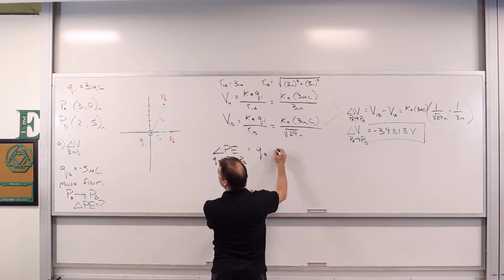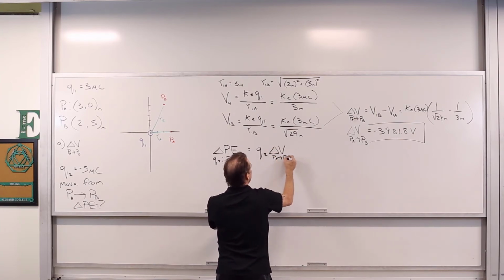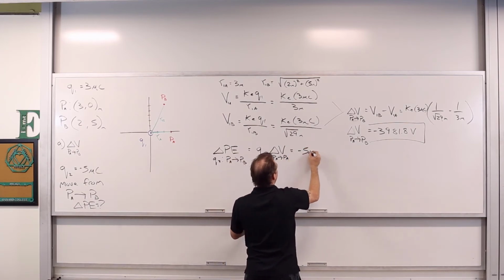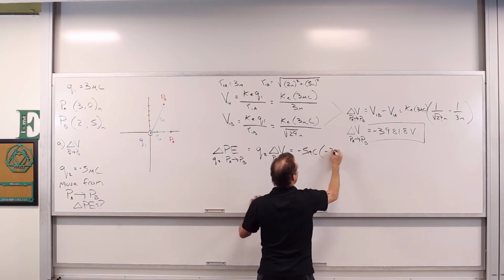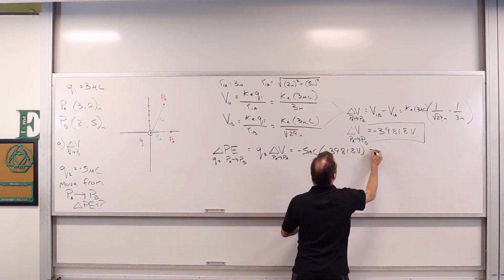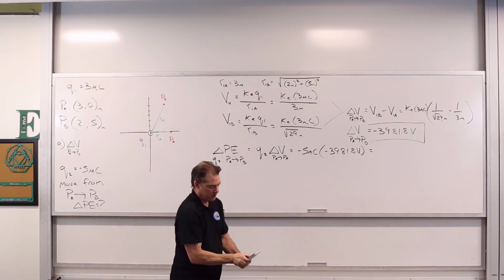So we've got this. It's delta V PA to PB, which is then equal to negative 5 microcoulombs multiplied by negative 3,981.8 volts,